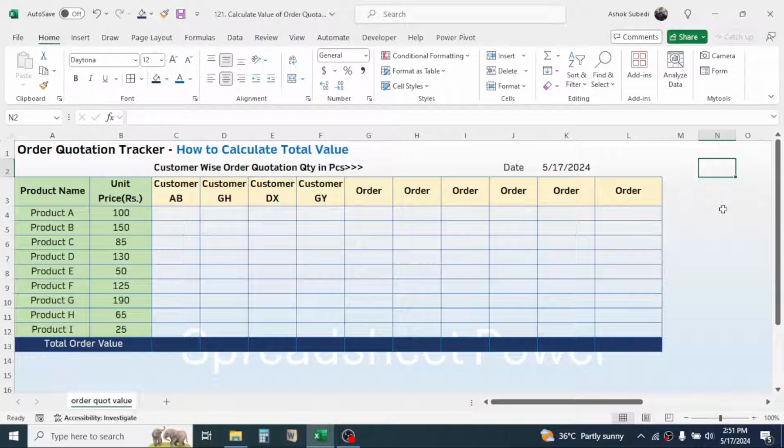When I get the order quotation from the customer, then I have to enter the quantities here first. Then I will calculate the total value of the quotation. First of all, let me enter some quantities. Now, after entering the quantity ordered by this customer, to calculate the total value of this quotation, you have to